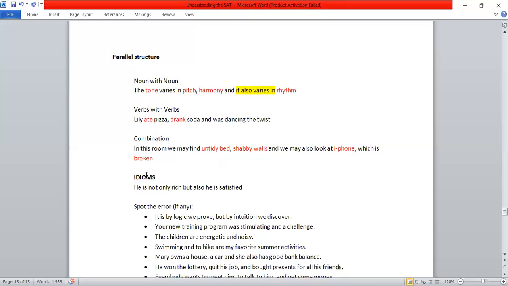Now, if you remember, in the first introductory video of mine, I told you that idiom is one of the rules of grammar. Now, we can't do a lot about idioms. No, we cannot learn all of them. So all we can do is practice as much as possible, lots of questions, and wherever we see an idiom, just remember those. Yeah, we will never have a question based purely on idioms. We'll have a question wherein parallel structure is mixed with idioms, or subject-verb is mixed with idioms, or